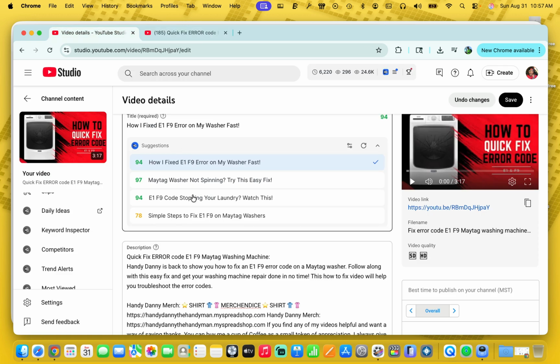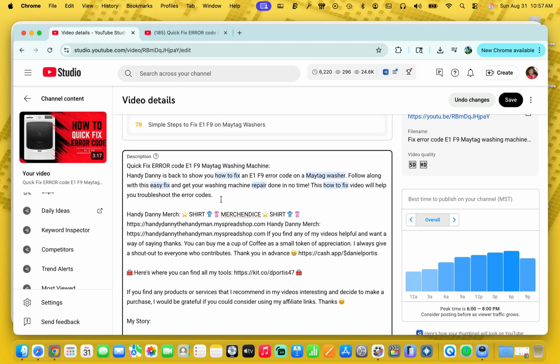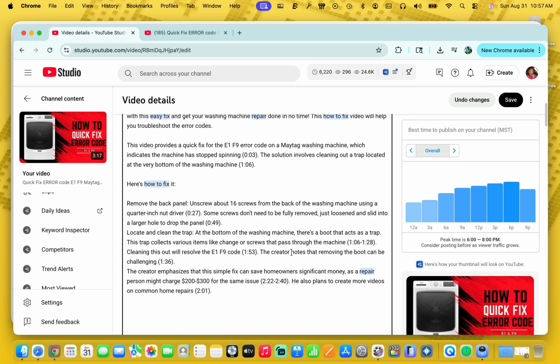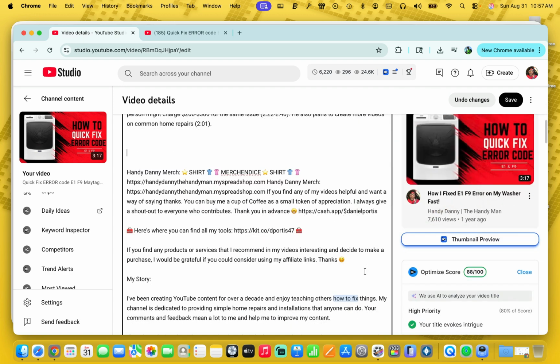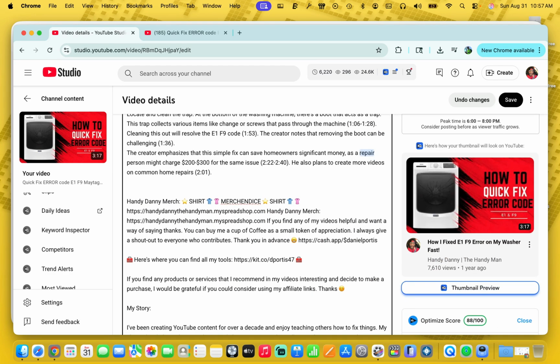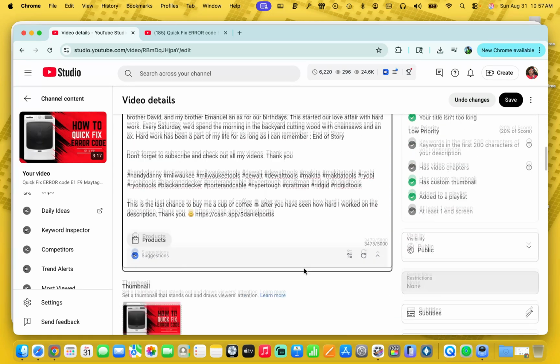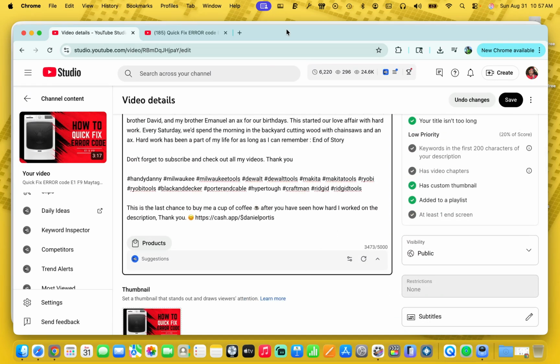So I copy that, and somewhere along the top here, I'm going to paste that. Now, as you can see, once I paste that, I picked off another keyword. I picked it off twice, same keyword, another duplicate keyword, which is okay. And this is right from YouTube, so hopefully they don't see me as keyword stuffing.